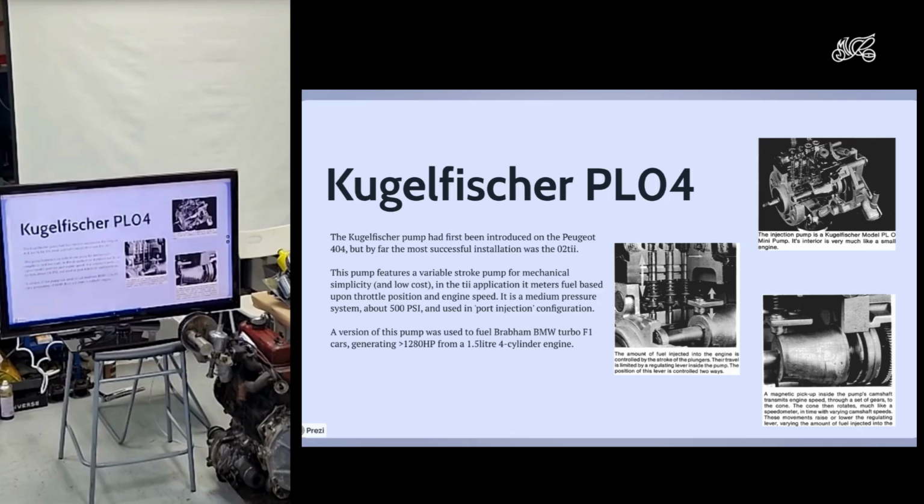And the neat way that they did it was do away with this rack and spiral and the cylinder with the hole in it, and they just varied the amount of fuel in each little piston